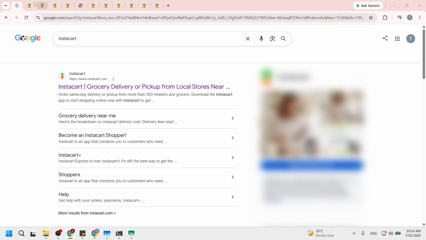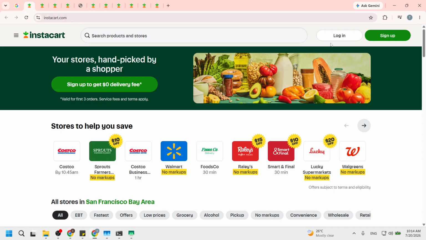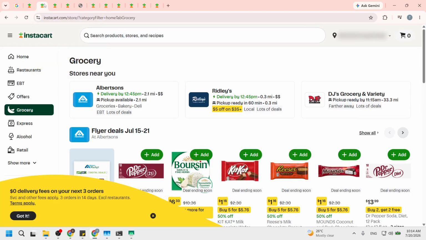Next, click the correct link and log in. Enter your email and password associated with your Instacart account. If you have forgotten your password, there's usually a recovery option. Logging in is crucial because you need access to your account to manage your shopping cart. Once logged in, you will be directed to your account dashboard where you can view your active orders and saved